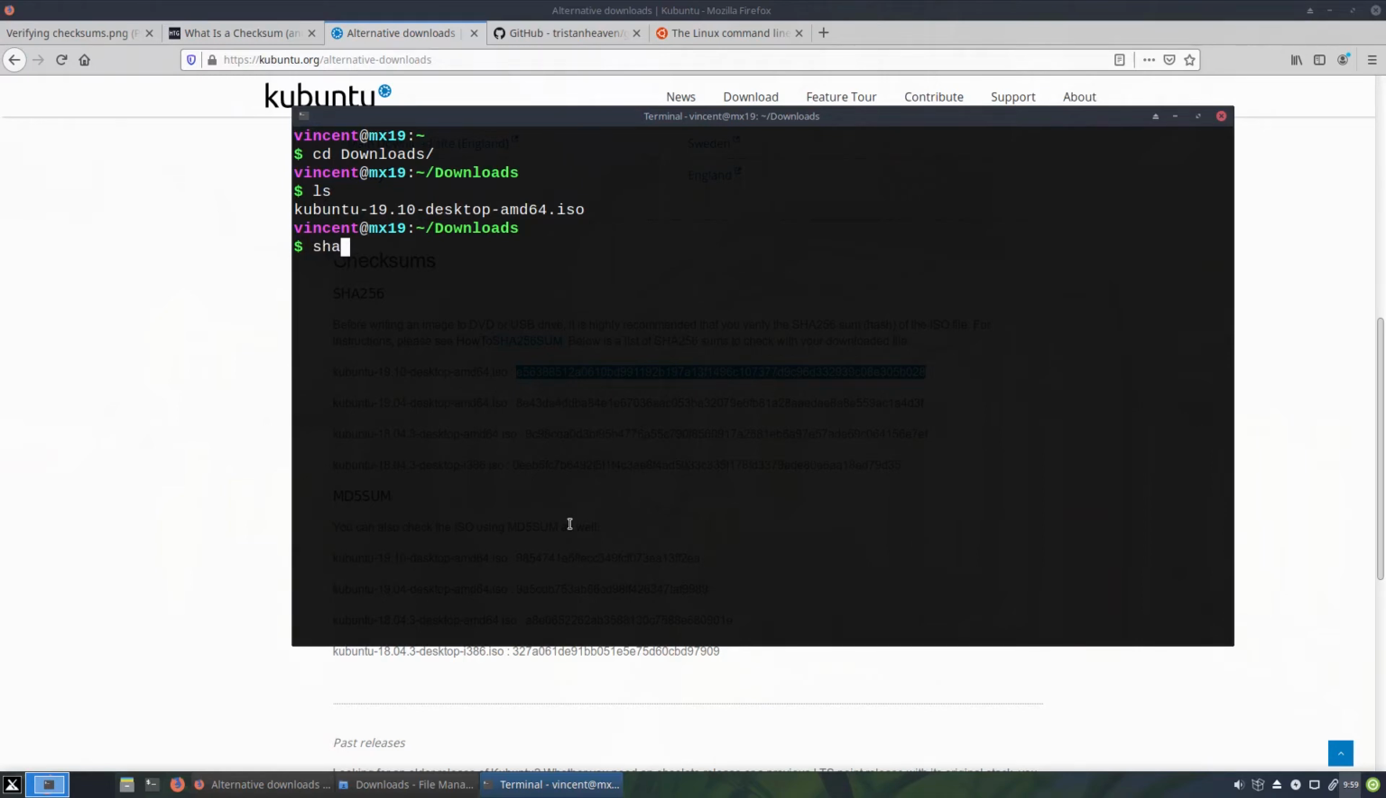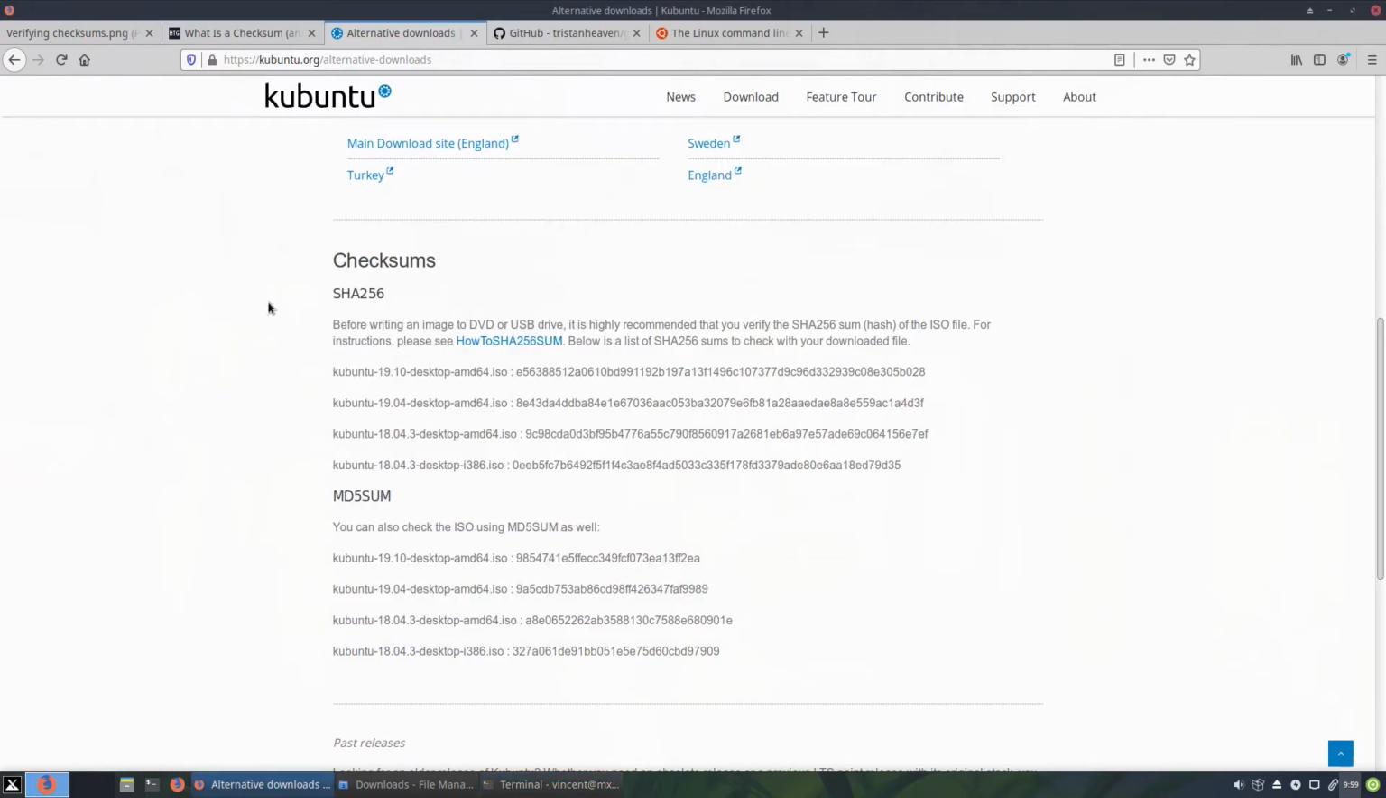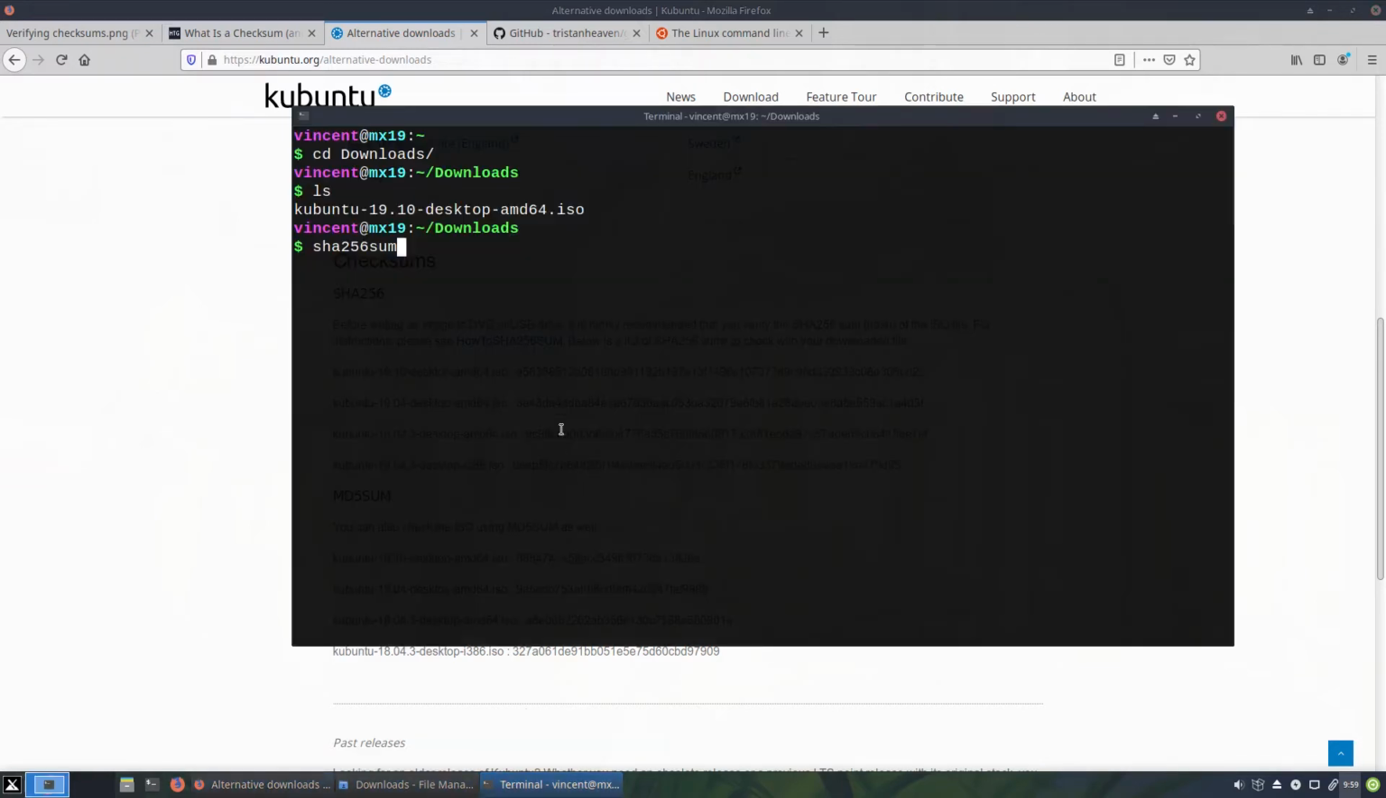Lastly, for SHA1 sums, you guessed it, sha1sum. So, to calculate the SHA256 sum for this file, as we can see here, the Kubuntu 19.10 desktop file, which is what I've got here, we type sha256sum and Kubuntu,